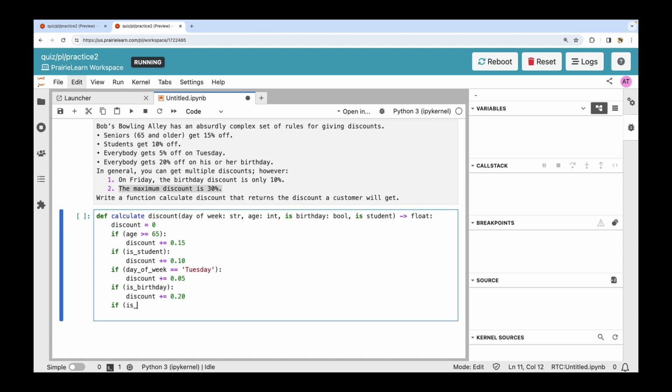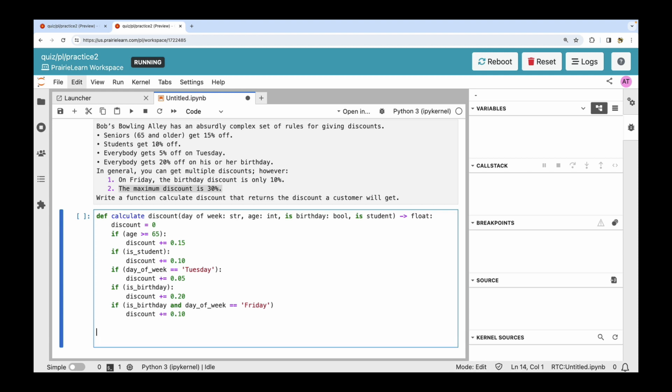We can say if it's your birthday and it's Friday, then the discount is 10%. Now, this doesn't work because now I've just given you 30% for your birthday on Friday. So we have to go back and rethink this. Now, here's where we can use that rule of thumb that says check the more restrictive condition first. Right? The more restrictive condition is it's your birthday and it's Friday. So if we put that first,